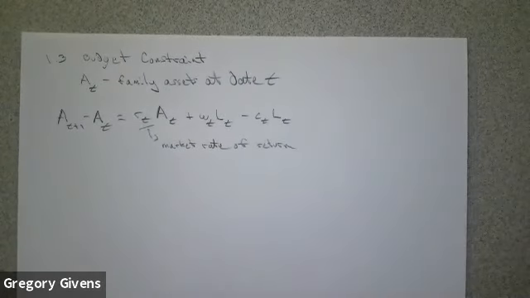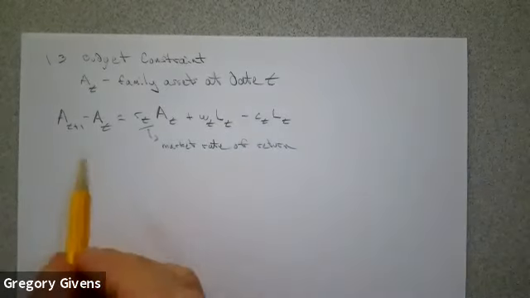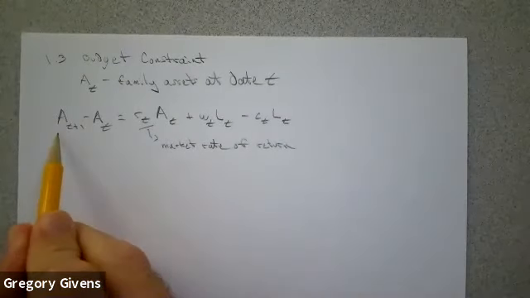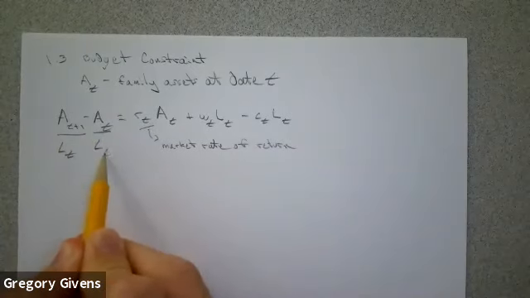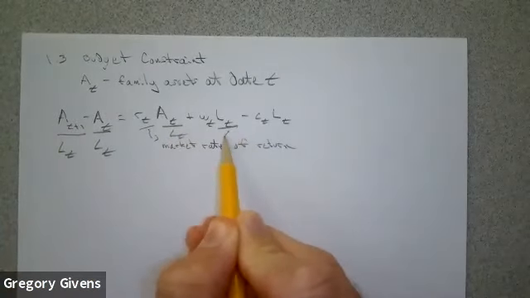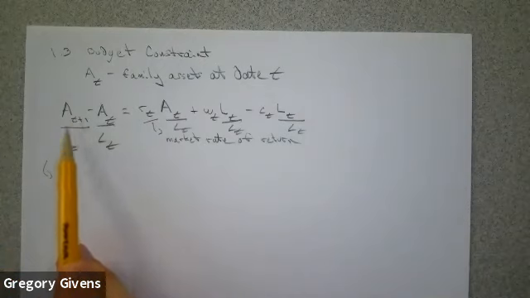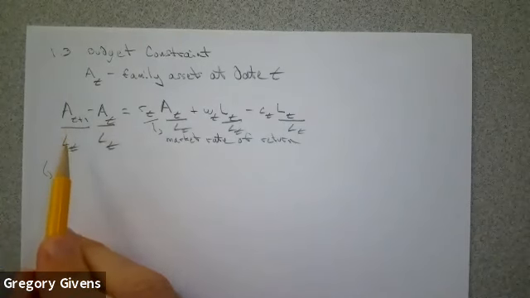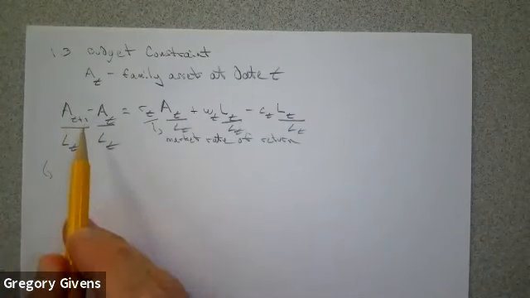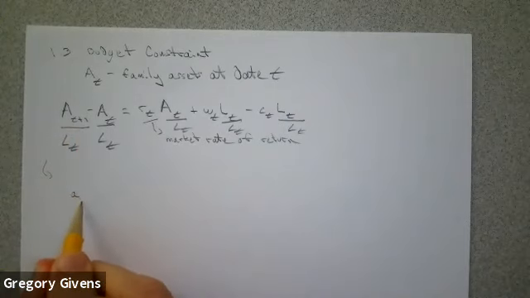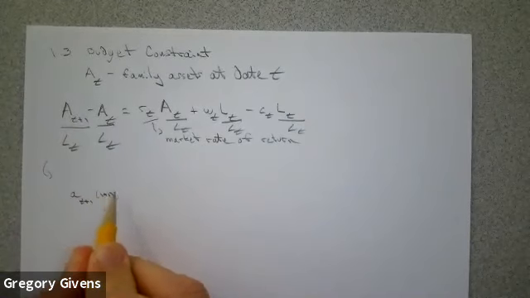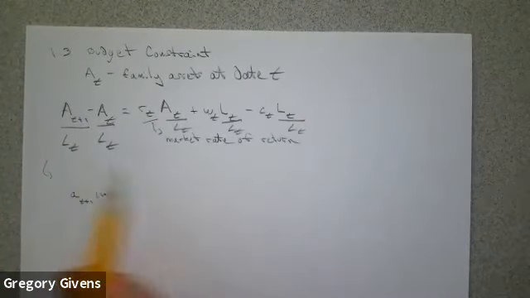Now just like we did with the production function, it will ultimately be easier for us to work with intensive form variables. These are the variables that will be stationary in an equilibrium. So what if I divide everything by L_t here? What am I going to be left with? Well, what is A_{t+1} over L_t? You remember this trick. It's going to be A_{t+1} over L_{t+1} times L_{t+1} over L_t. So that would be little a_{t+1} times 1 plus n, where little a is just big A over L, minus